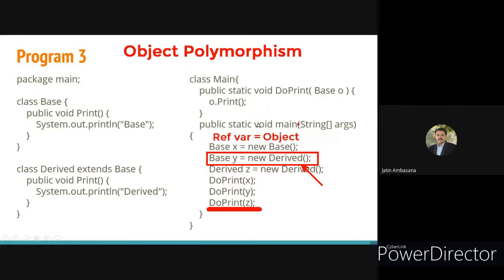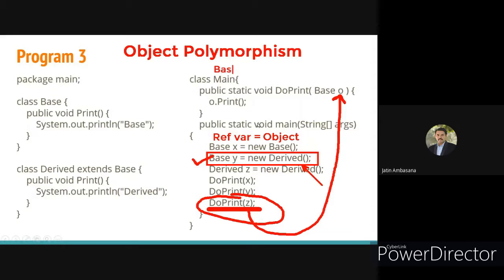And that's why, if object polymorphism works over here, then it should work over here also. Because here nothing special is happening, an assignment is happening. If you write it in the form of code, it will be something like this: base o is being assigned the value of z. And what is z? z is an object of derived type. So here also the left hand side is the superclass reference variable, and the right hand side is the object of subclass, which is equivalent to this line. So this is possible.